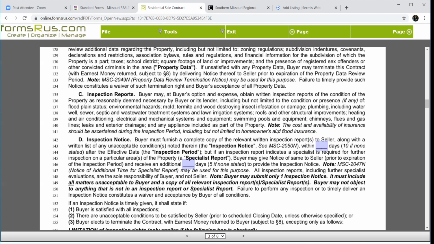Now, please note at line 140, the cost and availability of insurance should be ascertained during the inspection period as well. And if there needs to be flood insurance, that needs to be figured out at the same time. Your buyer's going to be all frazzled because a lot of times it's a new experience for them. They don't know when the inspection is going to be done, and they don't know what they should be doing. Make sure you tell them, call your insurance agent, because they need to send somebody out there to make sure that they can put insurance on the property. Because if not, if we pass our inspection time period, guess what? That's on you. We're out at that point.